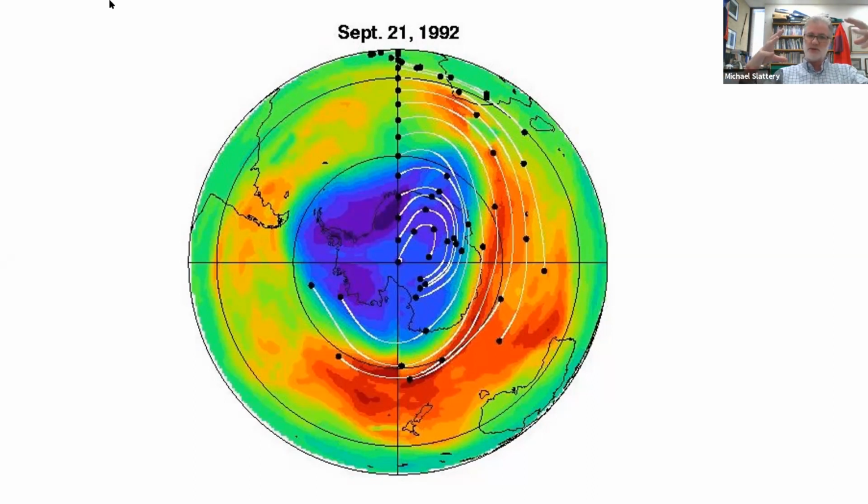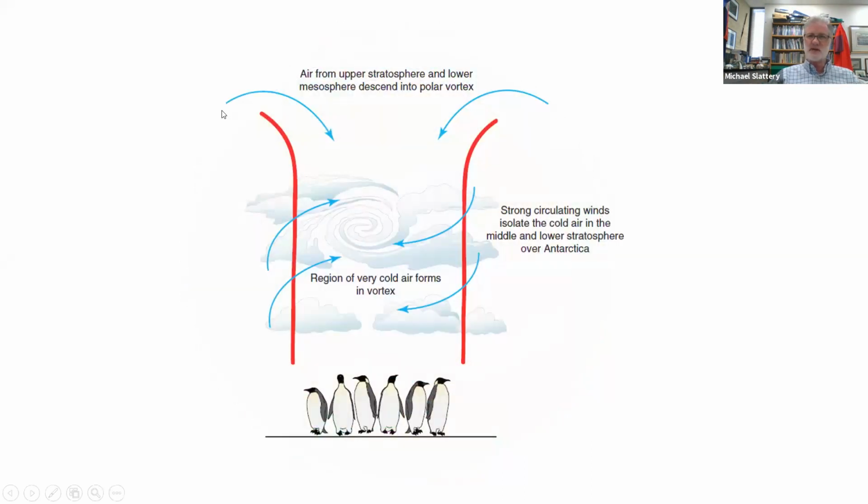So this blue blob that you see here of thinner ozone and the trajectories of the air balloons give this impression of a rotating blob of air. And that is exactly what happens over the South Pole, okay? This rotating blob of cold air. So what happens over the South Pole is this. On and around the 23rd of March, now we're at the South Pole here, right? So at about the 23rd of March, which is, well, hey presto, that's today. Today. That's cool. So around about today, if you're at the South Pole, something is going to disappear.